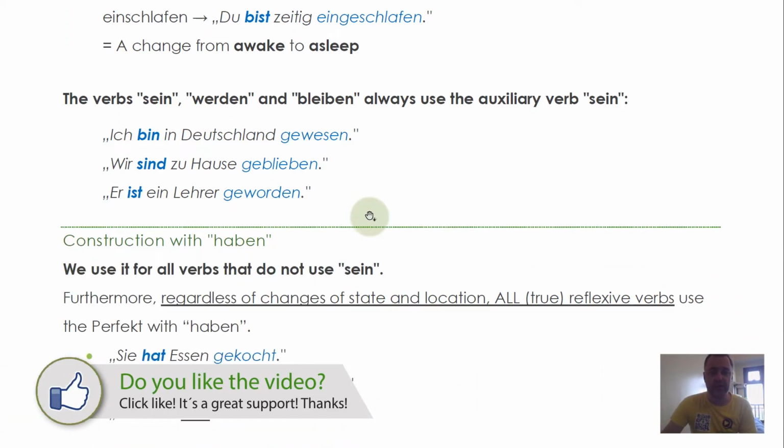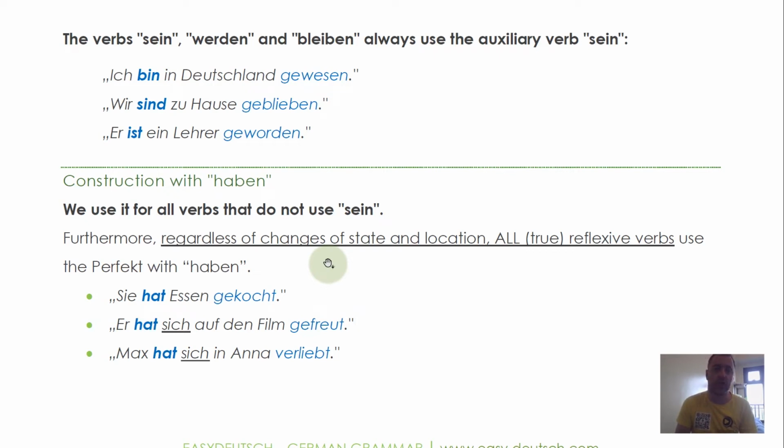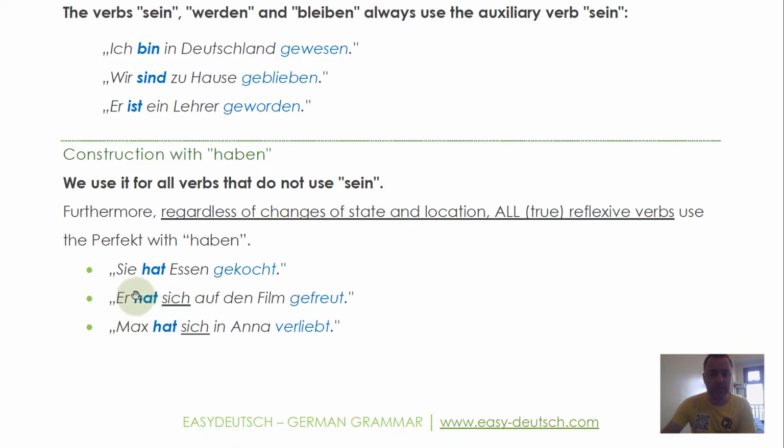So let's have a look at the construction with haben. And that's pretty much everything else. So when we do not have the change of status or condition, nor a movement from A to B, nor one of those verbs, then we use haben. And furthermore, we use haben regardless of change of state or location for all true reflexive verbs. Let's have a look at a few examples. Sie hat Essen gekocht, so she has cooked food. There is no change of location or change of status or condition whatsoever, so